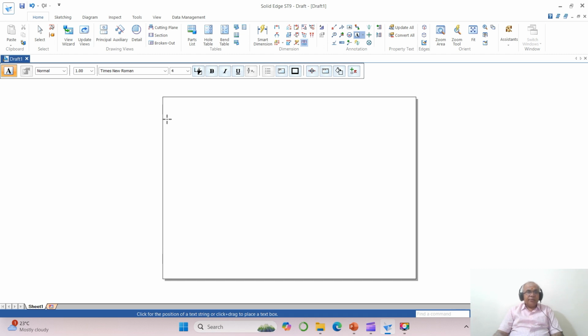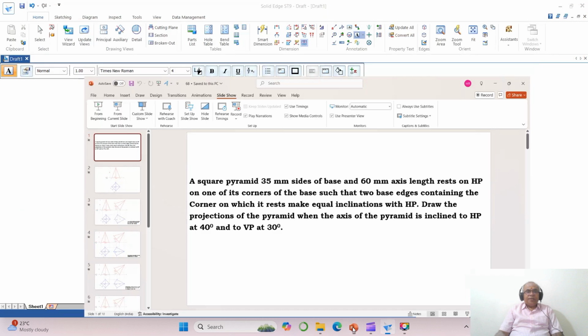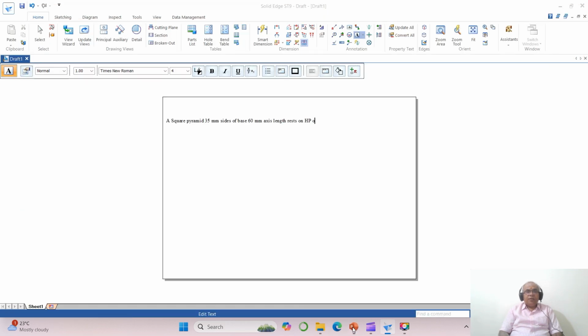So take the cursor wherever you want and click. Once you do that, now you start typing the text. A square pyramid 35 mm sides of base, 60 mm axis length rests on HP on one of its corners of the base, such that